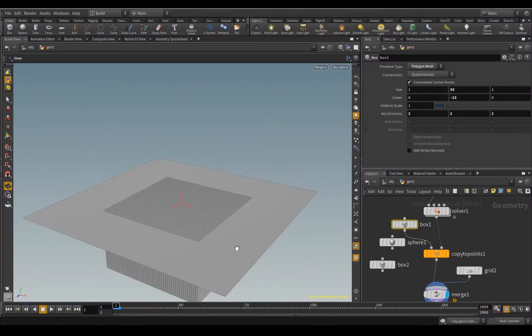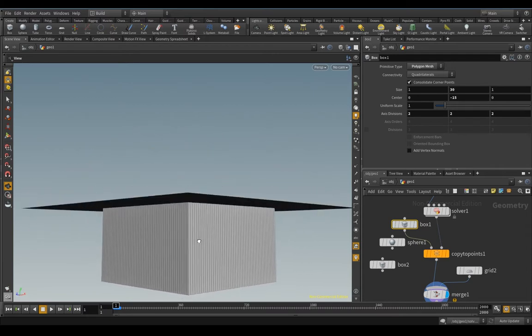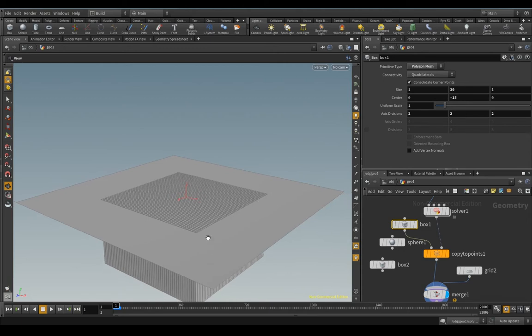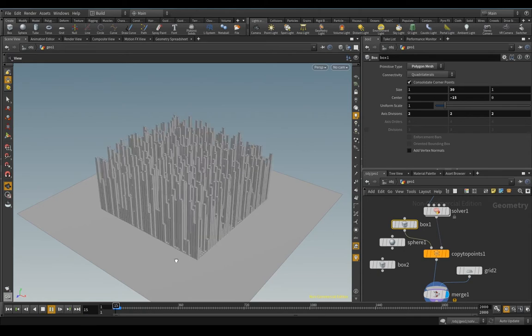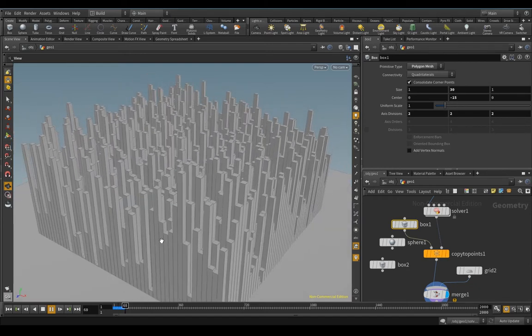Okay, so here we have our system that's going on. It's pretty basic, but it still does what I want it to do. I've got the grid here just for now to demonstrate if you were to do an extruding effect first. So if I go ahead and click play on this, you can see what I was trying to think of, where you got a bunch of kind of